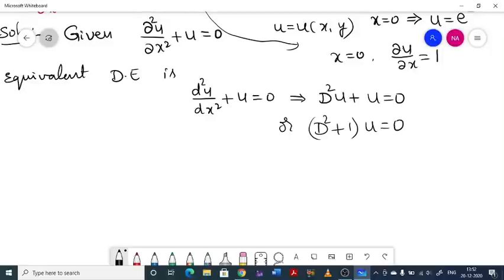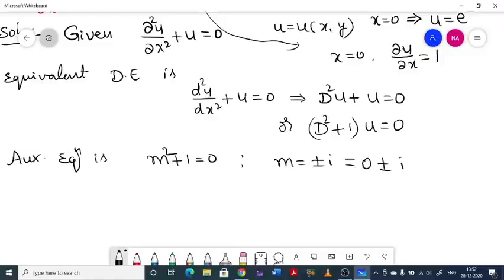Now the auxiliary equation is m square plus 1 equal to 0. Solving that, m equal to plus or minus i. This you can write as 0 plus or minus i. The solution is,